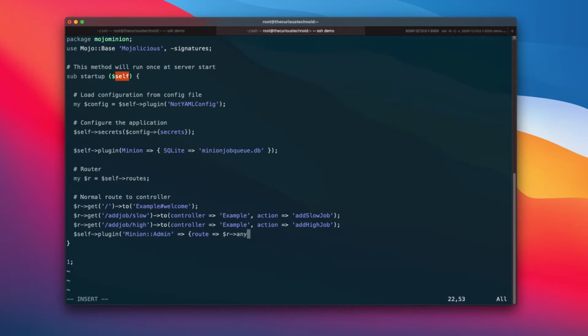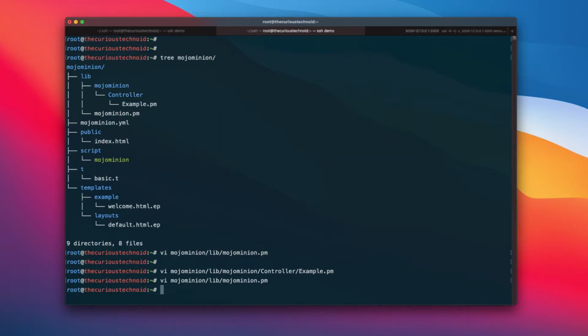I will say any, and the admin console will be accessible with the /admin route. So we basically have a route for the slow process, for adding high process, and to access the Minion admin console.